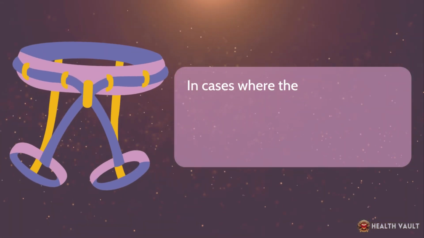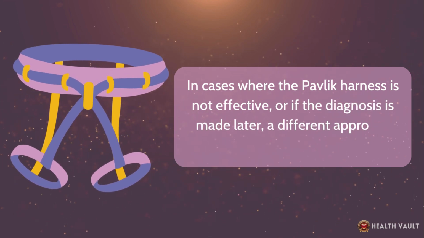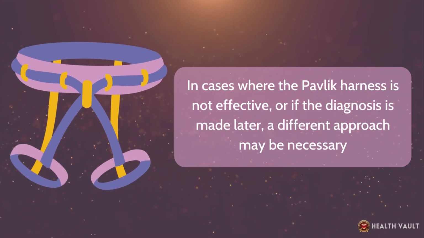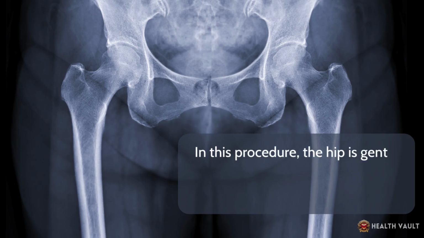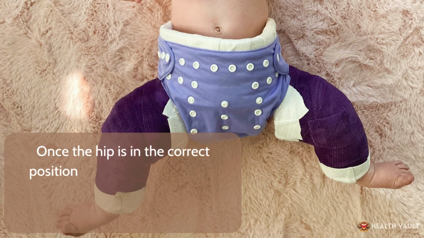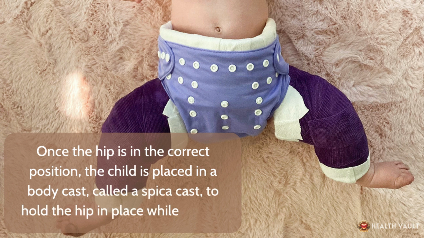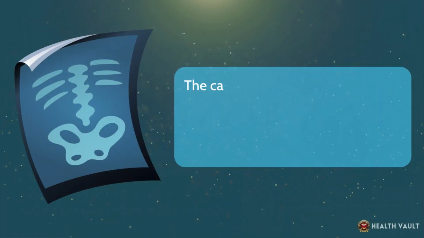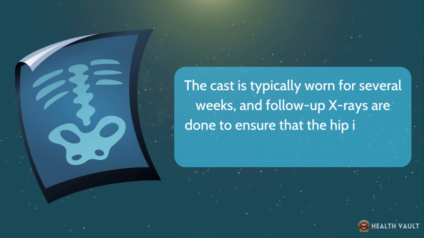In cases where the Pavlik harness is not effective, or if the diagnosis is made later, a different approach may be necessary. For older infants and toddlers, a closed reduction procedure might be performed. In this procedure, the hip is gently manipulated back into place while the child is under anesthesia. Once the hip is in the correct position, the child is placed in a body cast, called a spica cast, to hold the hip in place while it heals. The cast is typically worn for several weeks, and follow-up x-rays are done to ensure that the hip is stable